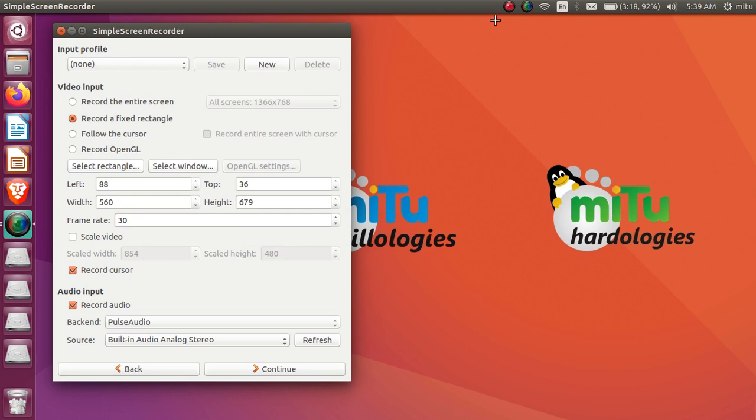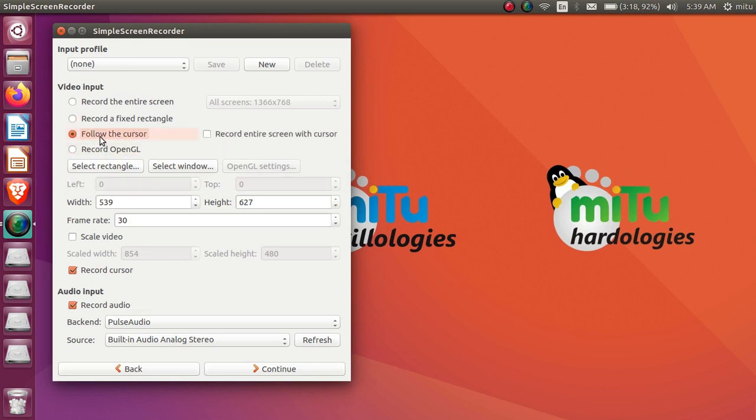So which particular window you have to record only. For example, I want to select this window, means the desktop window only. So only the desktop window will be taken. This is what the desktop shows here, and now I want to record only this simple screen recorder. So I'll select window and check this. Only the simple screen recorder will be recorded, and then that will be saved in a video file. Whatever operation I am doing in this particular window, only that will be recorded, because I have selected that window only. Fine. So this is how I can choose these options.